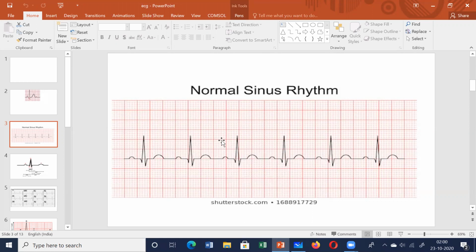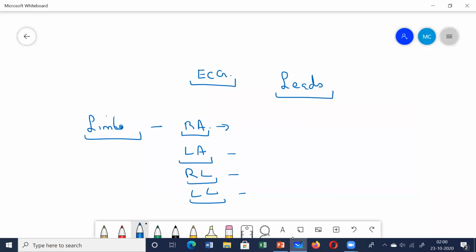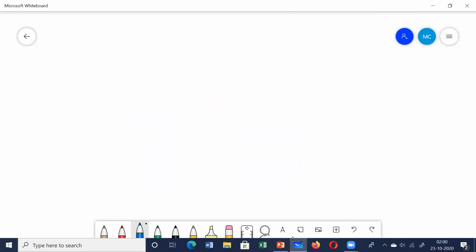Before coming to the other details of the ECG, like this is the P wave, this is your QRS complex, this is a T wave, and how to measure the heartbeat, you can see this is one big box, and inside the big box you have 5 small boxes. About these we will discuss in detail. First, let us talk about the different leads. I shall tell you about the limb leads, then I shall talk to you about the chest leads. One by one we shall talk about it.